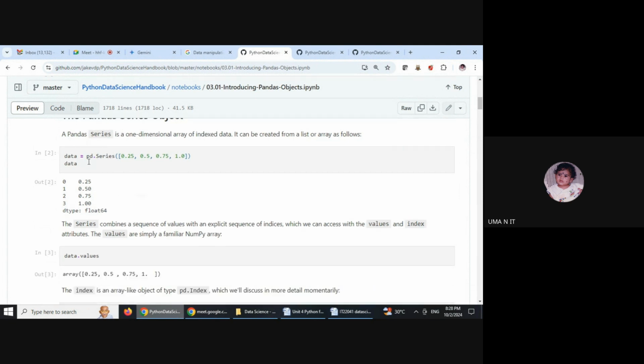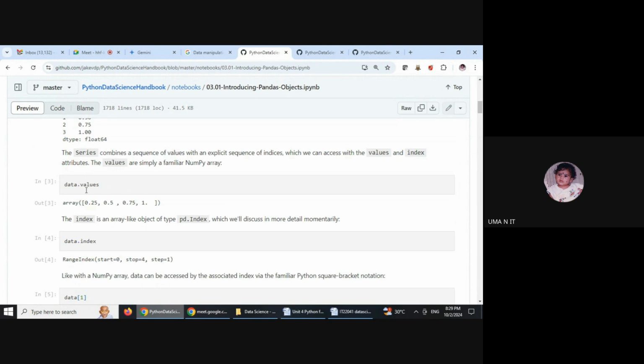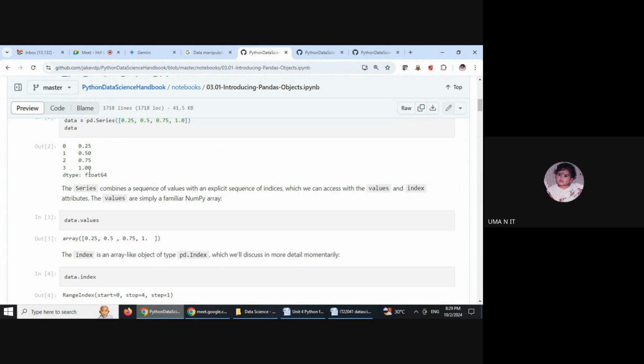So let's see, data equal to pd.Series of some list of values, so that when we print the data variable, we get the values with the index values 0 to 3. Obviously the normal array index will be set to the series of data. Now, if we print data.values, we'll get only the values, and that is like an array. So it's a one-dimensional array, whereas here it shows the one-dimensional array with the index value.